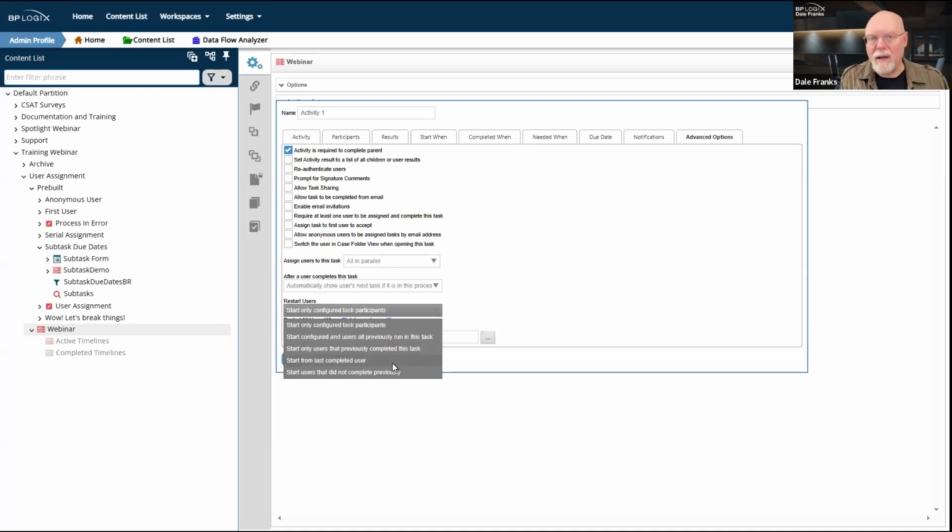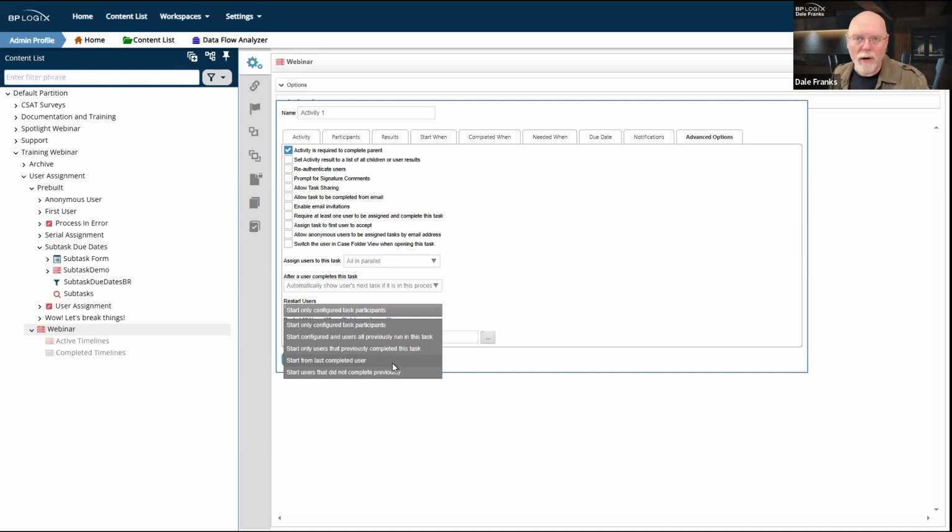They were fine, so I can ignore them. I can actually go back to the last completed user, the guy who sent it back, and he gets to see it again. And then when he completes, he was user number 3. It would then go to user number 4 and user number 5, and then they would have their ability to review the task for the first time and do whatever it was that they wanted to do with it.